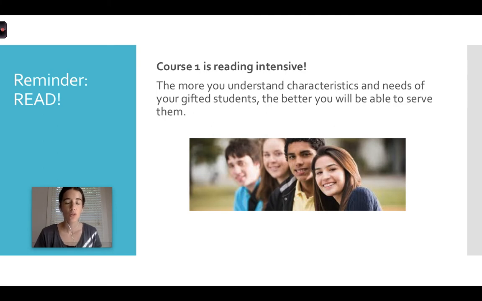And so the reading that you do here in course 1, really consider it to be probably 85% of your foundational material for what you're going to do in course 3, the methods and materials. Because again, the more that you know your students and understand their needs, then you're going to be able to adapt that.